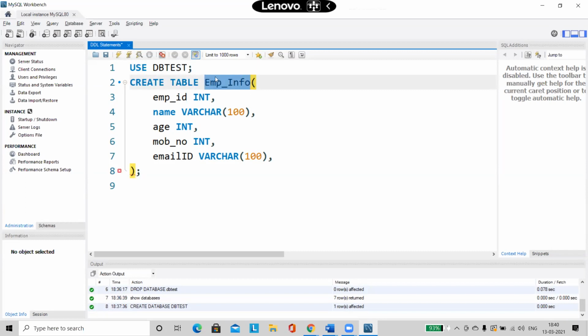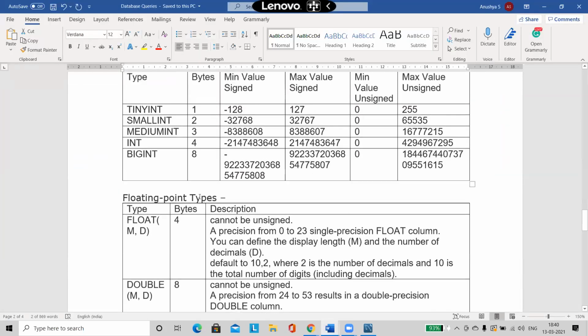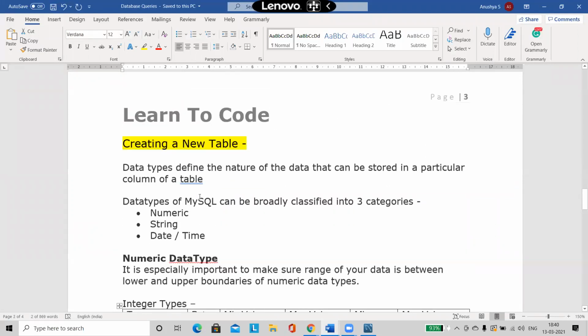So EMP info is the name of my table. So inside this table, what are the columns that are going to be there? So first column I'm giving as employee ID. So now what is the data type of this particular column? So here is what you have to know about this. So when I'm going to talk about data types, you have to first understand what is a data type.